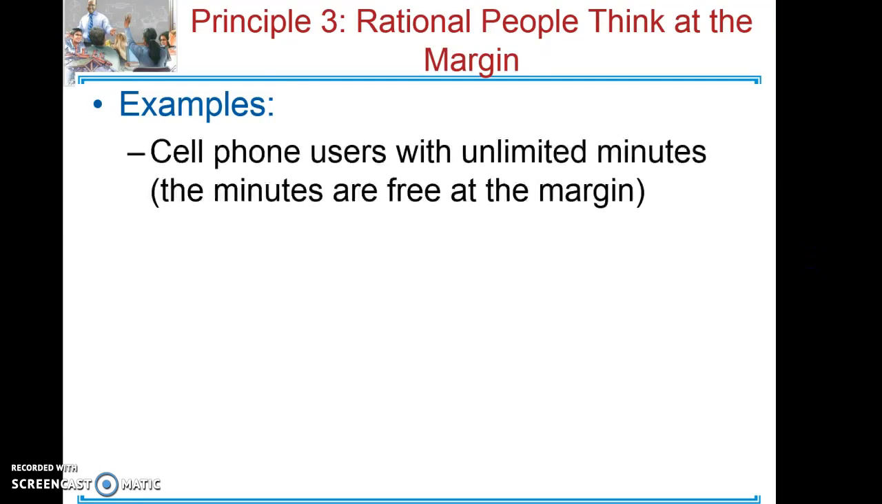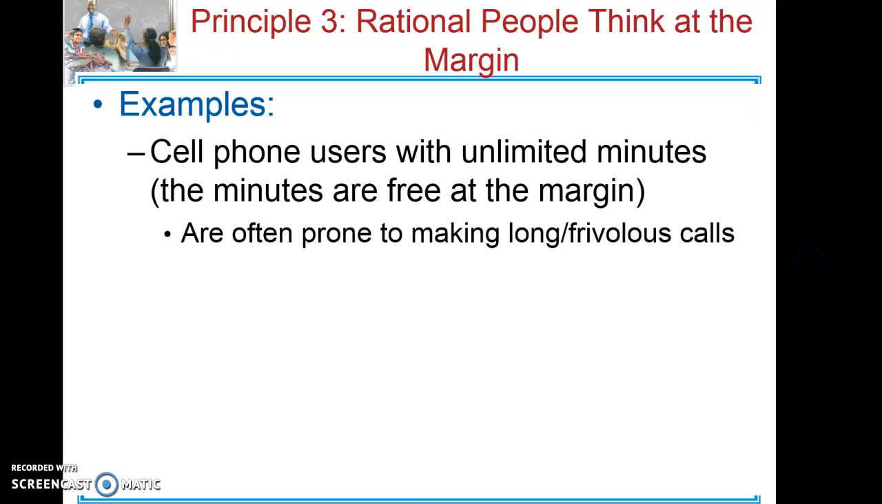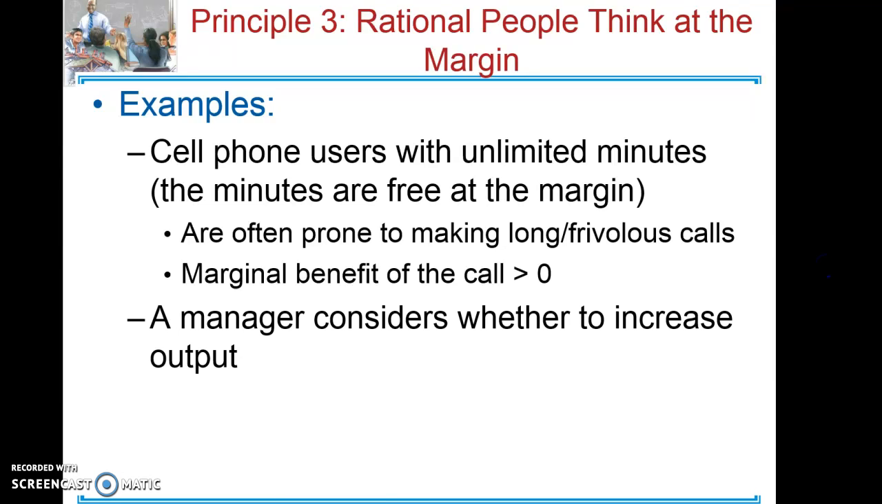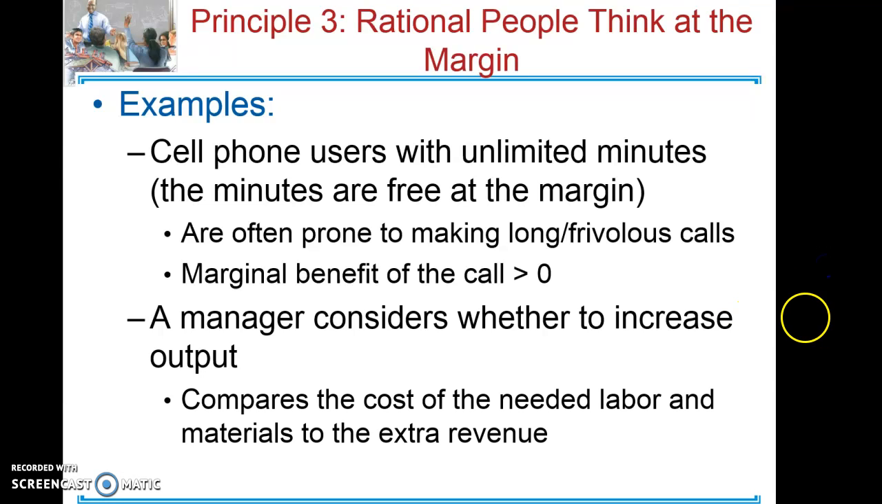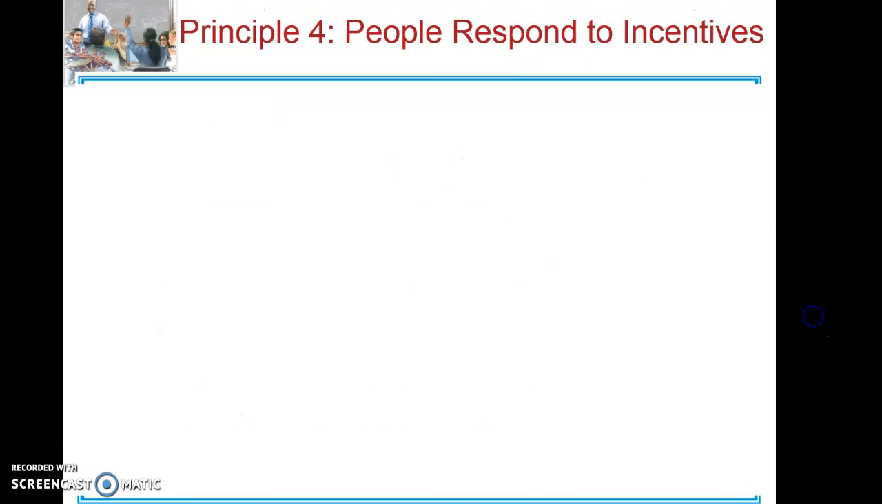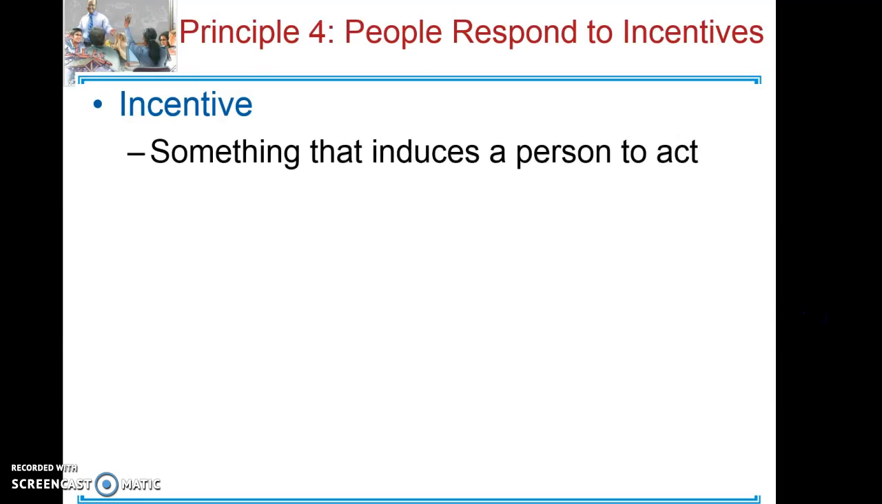Examples of people thinking rationally. Cell phone users with unlimited minutes: the minutes are free at the margin, so they are often prone to making long, frivolous calls, because the marginal benefit of the call is greater than 0. A manager considers whether to increase output and compares the cost of the needed labor and materials to the extra revenue. Incentive: something